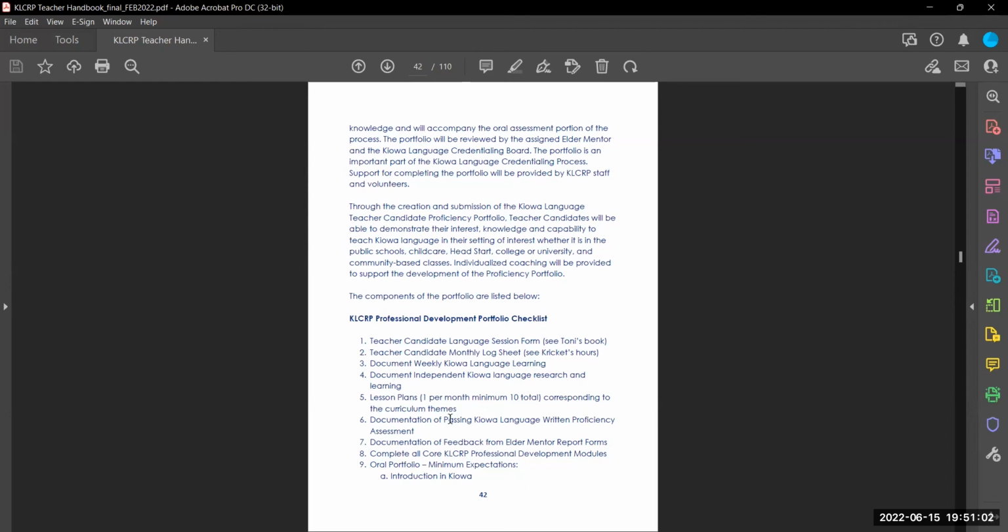So basically, you'll be able to put this portfolio together to demonstrate your interest, knowledge, and capability to teach Kiowa in your setting of interest, whether it's public schools, childcare, Head Start, college, university, community-based classes, etc. So the professional development portfolio checklist includes these things: your teacher candidate language session forms, which are available in the